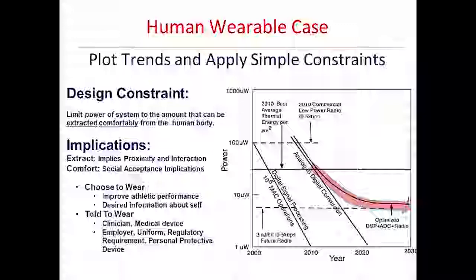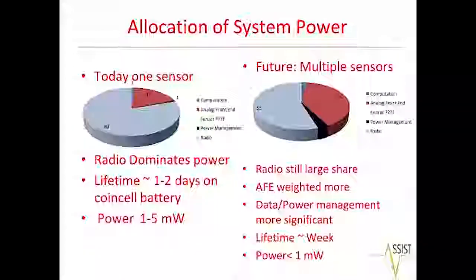Now, what we realized is if you look at some of the energy harvesting, if you look at current thermoelectric technology today, you can get about 40 or so microwatts out, and that creates a system space in which you can operate. So, one of the goals of our center is we want to be able to push up the amount of energy that we can get from the body, and we want to push down as much as possible the amount of energy that we're using. Okay? And this is changing rapidly, and as Vina mentioned, if you look at today's